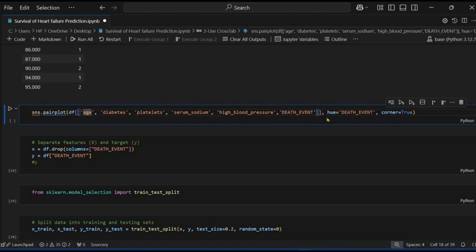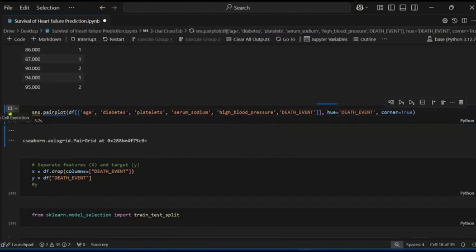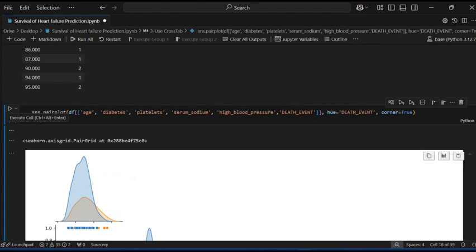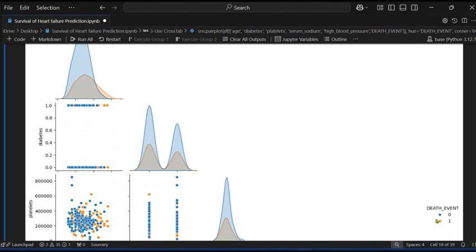All are column names, and I pass hue, which is death event, and corner equal true. So this is the pair plot. It gives all the death events. The blue symbol represents 0 and the orange symbol represents 1.